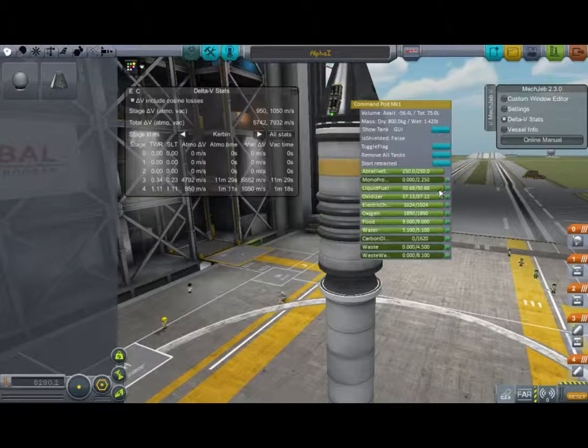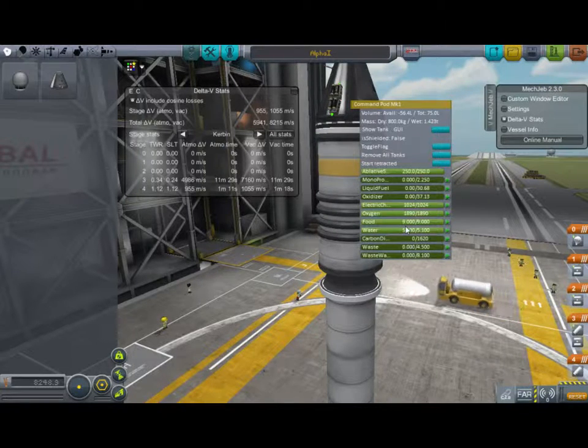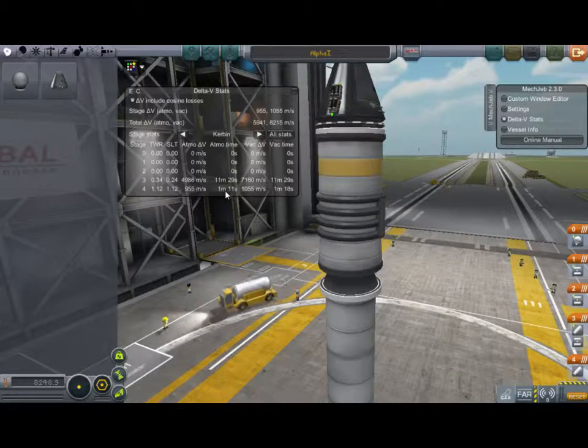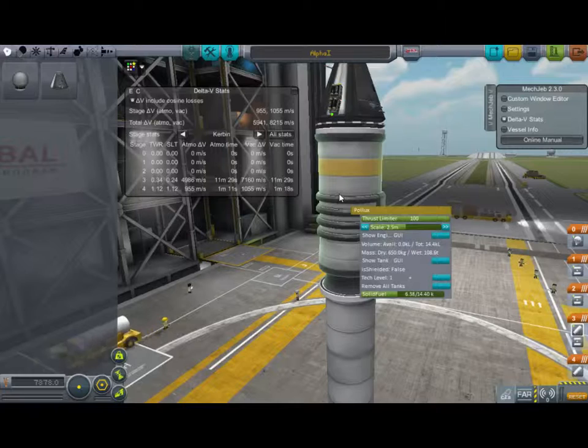Liquid oxidizer and liquid fuel do not need to be in here. That does not need to be in there. Oxygen, food, and water do need to be in there. The shield needs to be good. Okay, so that gave me a 1.2 thrust-to-weight ratio, and